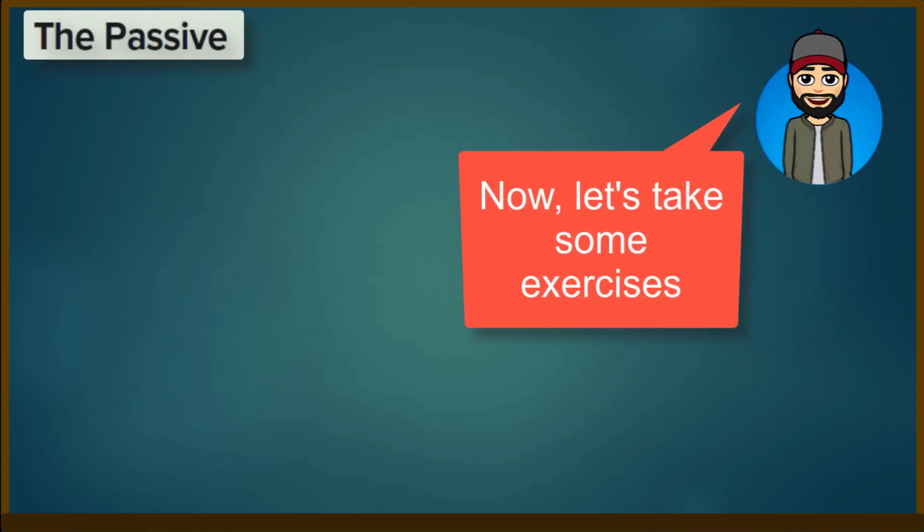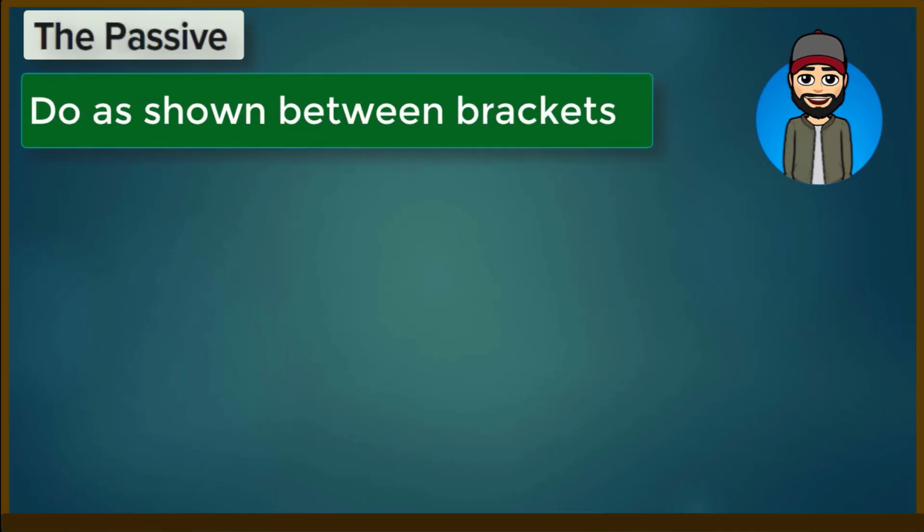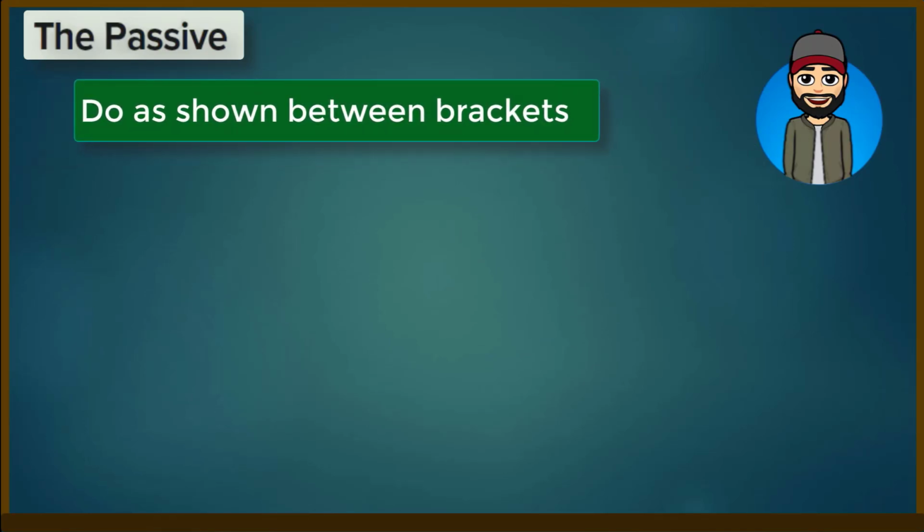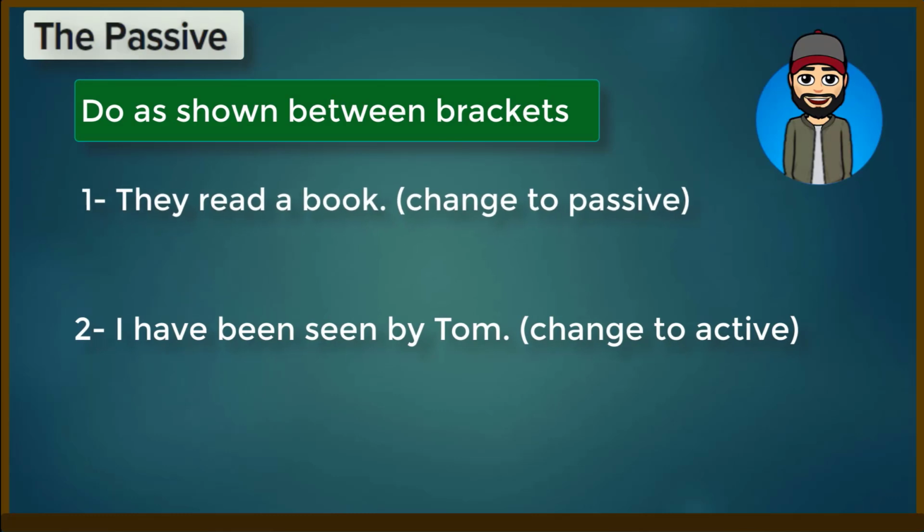Now let's take some exercises. الآن دعنا نأخذ بعض التمارين. Do as shown between brackets. افعل ما هو مطلوب ما بين الأقواس. Number 1. They read a book. Change to passive. Number 2. I have been seen by Tom. Change to active. Okay, so what's the answer for number 1? ما هي الإجابة لرقم 1؟